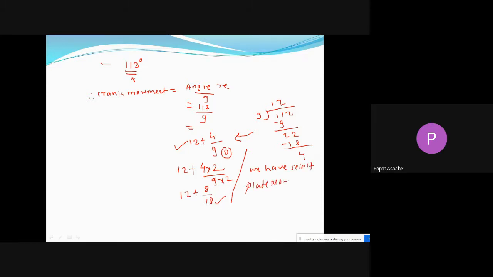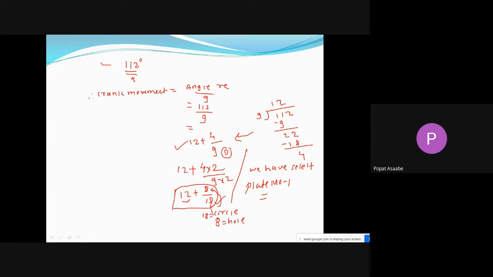Now what is the meaning of this answer? Yes, we have to select that circle, the 18 number circle. In that 18 number circle, we have to insert the crank pin in the 8 number hole. That is, the 18 number circle and 8 number hole we have to select from plate number 1.